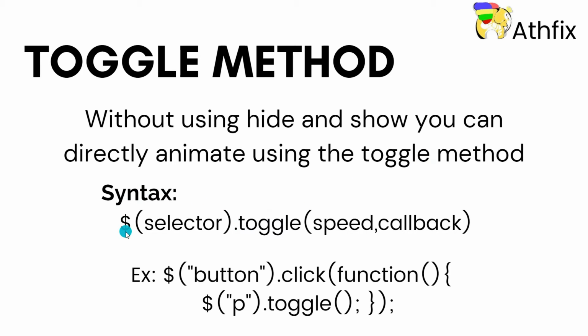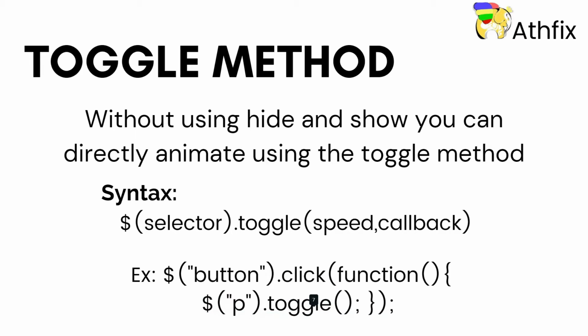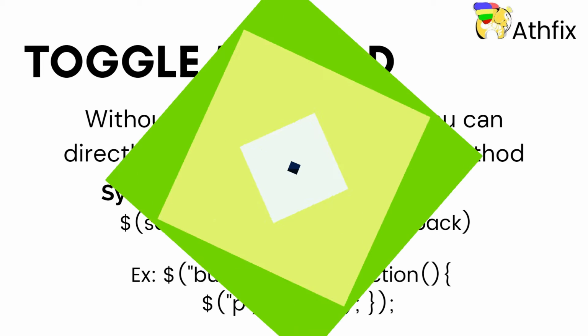Here is the syntax. For example, I created a p tag with hello world in the HTML page, and here I use a dollar sign, with the p tag and toggle. Here is an example. I use a button, and if the user clicks the button, the p tag is hidden the first time. The second time, if the user clicks again, it is shown. And this is what toggle means. Toggle means it hides when the user clicks, and shows when the user clicks again. And this is all about the toggle method.